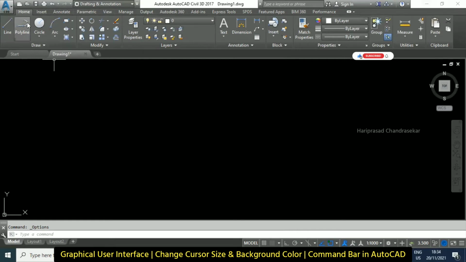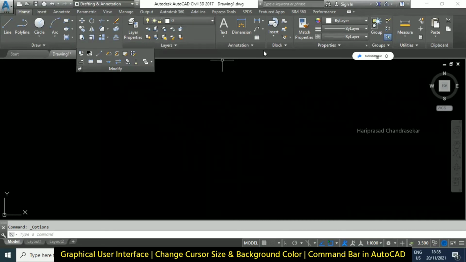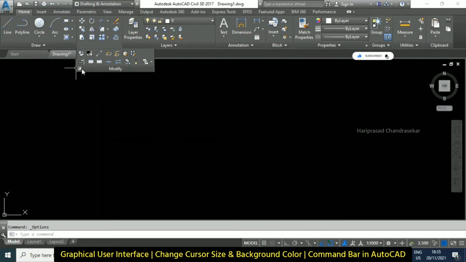We also have a ribbon, the Home ribbon. In the Home ribbon, we have draw tools, modify tools, layer tools, and annotation tools. Sometimes we also have sub tools, which you can remove. If you want, you can pin it. When you pin it, it stays steady and won't move. Otherwise, when you go somewhere, it will move, so you can unpin it if you want. Apart from that, we also have the workspace. The black background is called the workspace.